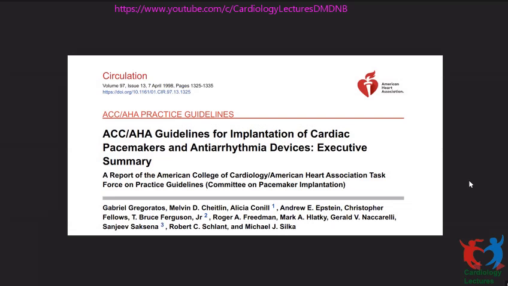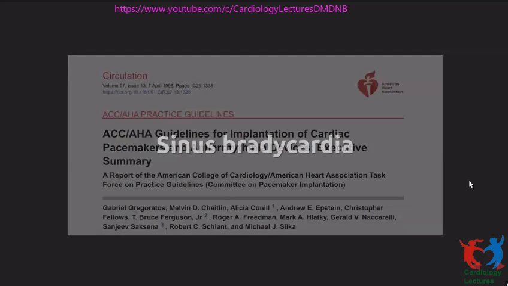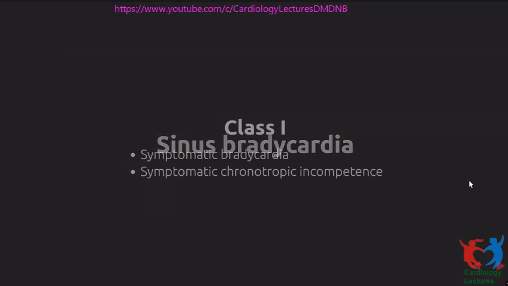To come to the specific guidelines, I'll primarily discuss guidelines for indications for pacing, and the two main categories for which we pace patients are sinus bradycardia and AV block. To some extent, the split between the two will vary between institutes, but mostly it is like a 50-50 split, or can go to about 30-70 like us, so it varies a little bit. But these two form the primary indications of pacing, and 95% of patients who undergo a pacemaker implant fall into one of these categories. So these are the two things into which I would go into a lot of detail. We'll start off with sinus bradycardia.